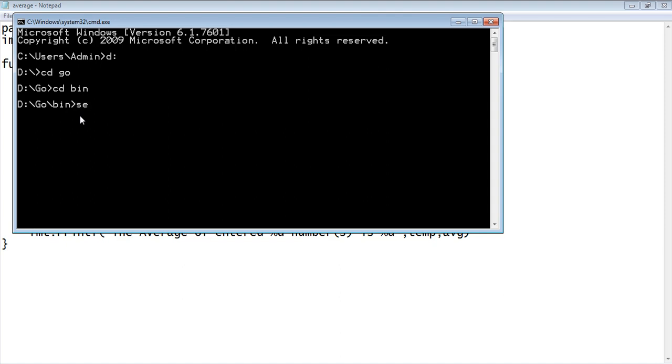So just check, you have to set the Go bin here. Okay, now it's on. Once this is on, you need to run the program. That is go run average.go.